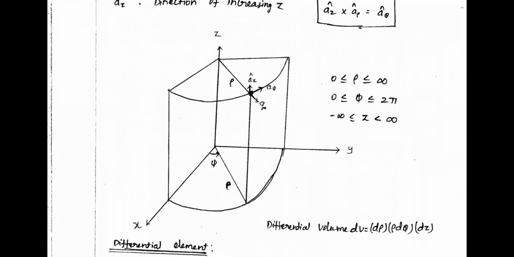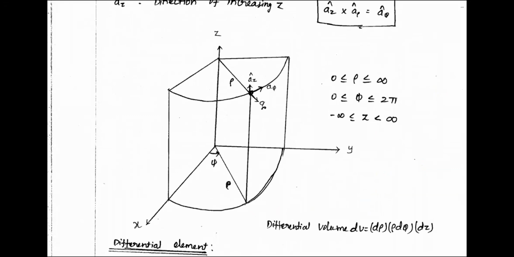Now you see here, they have given a cylinder portion. Again, please remember, this will be extended up to infinite in this direction, because the z value is from minus infinity to plus infinity. They have clearly given the limit minus infinity to plus infinity. For pi, 0 to 2 pi. For radial distance, it is 0 to pi.